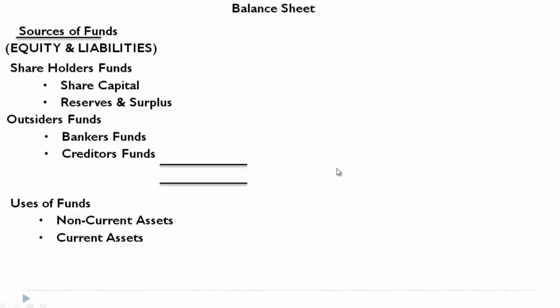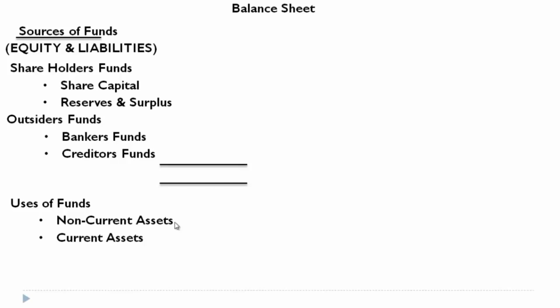Current asset is something where you can convert those assets into cash within a period of 1 year, and non-current asset is something where you cannot convert within 1 year. A simple example can be, say the business unit has land, building, machinery, equipment, everything, which are acquired with an intention to use for a longer period and they don't have any idea to sell, and even if they have the idea to sell, they'll not be able to identify the buyer immediately because they may not be in the business of selling land, building, equipment, right? So in those cases it will take more than 1 year to get cash for those assets.